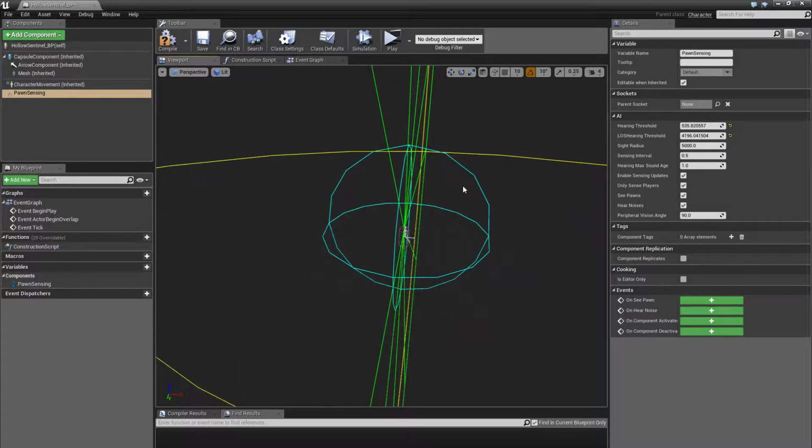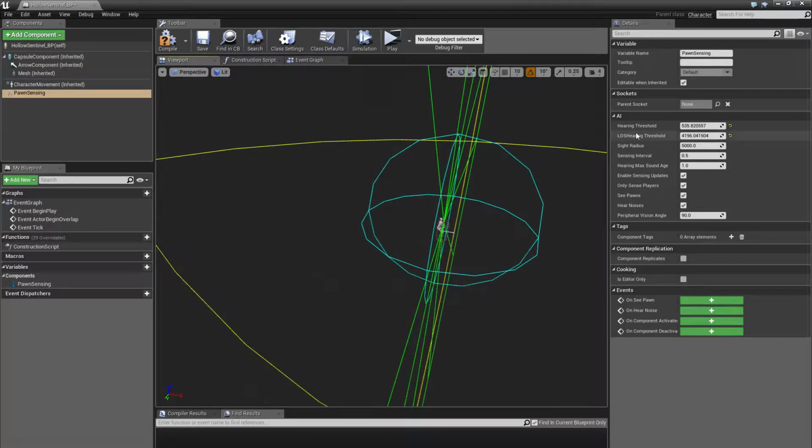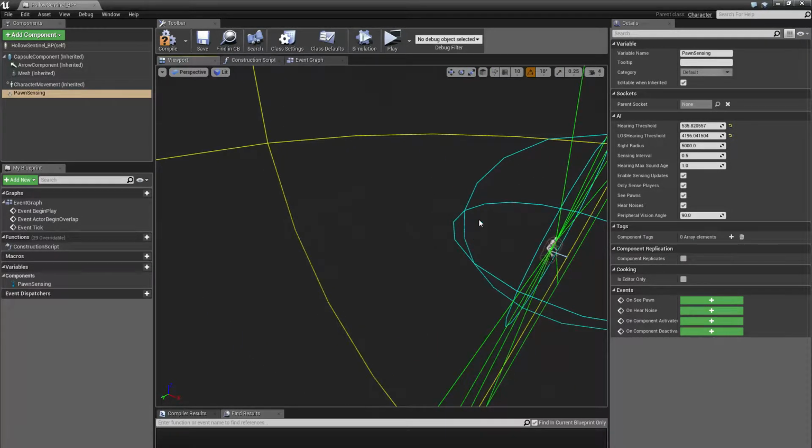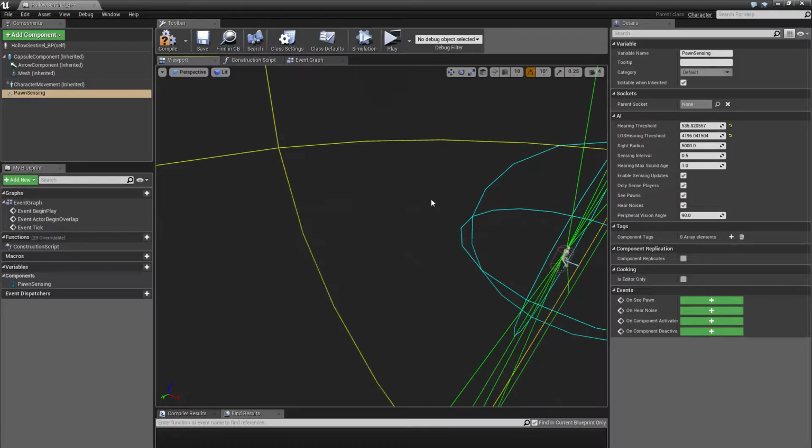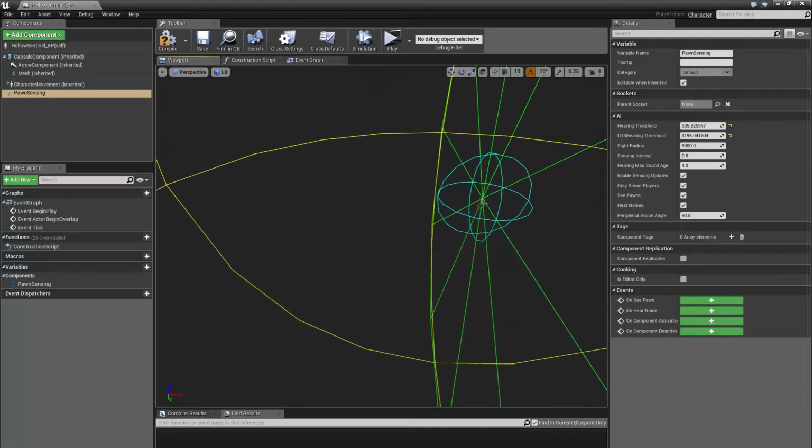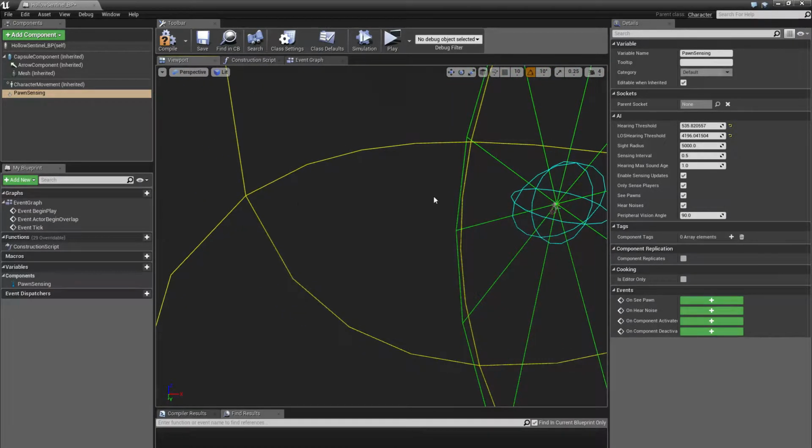So everything, like I said, everything which is inside this will be detected from the hearing threshold. However, you can extend this hearing threshold if we use the yellow sphere, because sound always loses power the farther it gets, or the farther it travels,